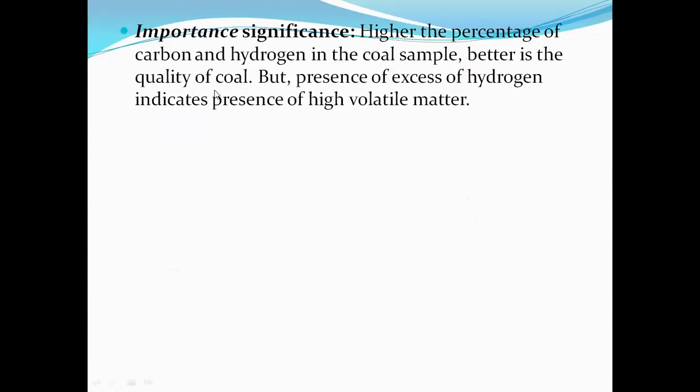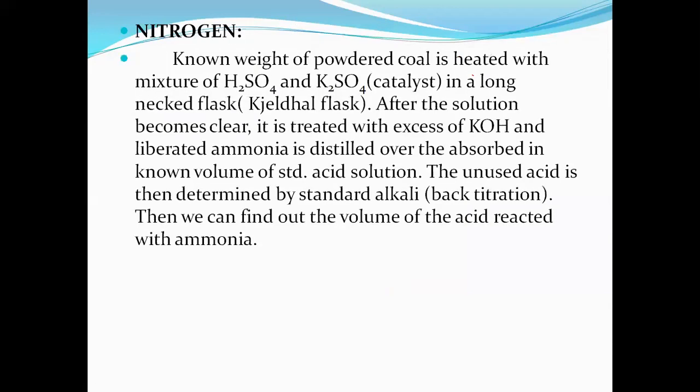An ideal coal sample must contain the highest percentage of carbon. When the carbon percentage increases, the combustion value also increases. So carbon and hydrogen are both essential elements that should be present in the coal sample. For the thermal energy value of our coal sample to increase, the carbon and hydrogen percentage must be maximum. Remember this point. Next, how are we determining nitrogen?